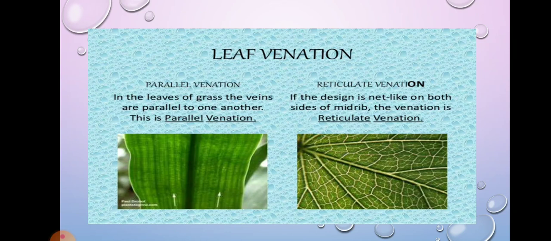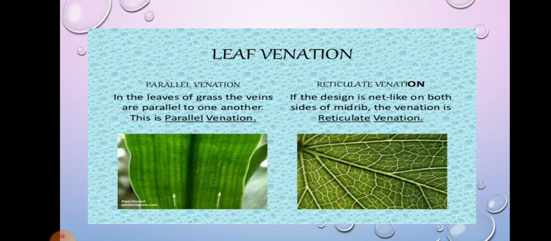Then we have reticulate venation. Reticulate venation is the one where a network of veins is found. We all know that the veins come out from the midrib. There is a middle vein which is thick, very prominent and can be marked very easily. So these veins come out from the midrib and a network of veins is formed together. We can say it is like the web of a spider. They have been fixed inside each other. Such venation is known as reticulate venation. It is generally found in the peepal plant. In the peepal leaf you can prominently see the reticulate kind of venation.